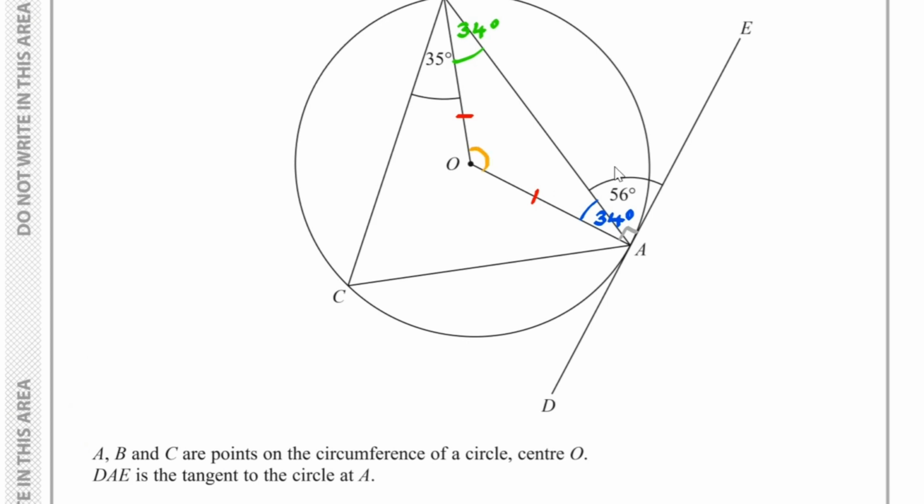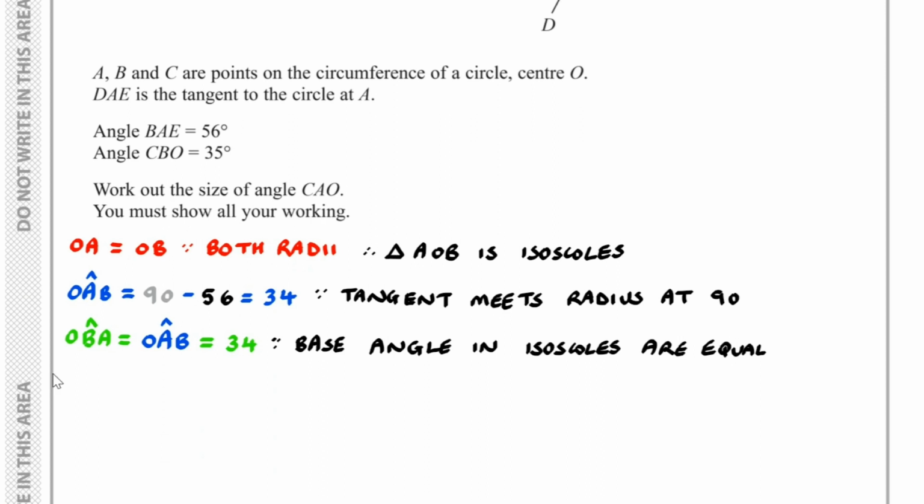Recognizing that angles in a triangle add up to 180, we have the angle BOA, well, we want the minor one of this, that's equal to 180 subtract the 34